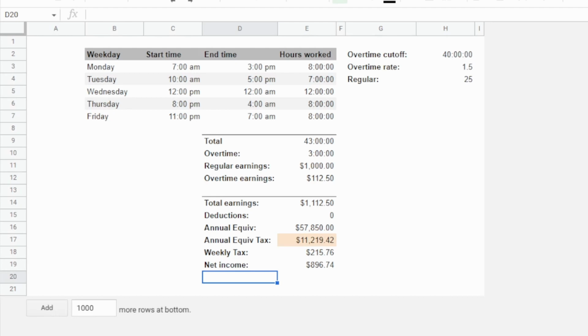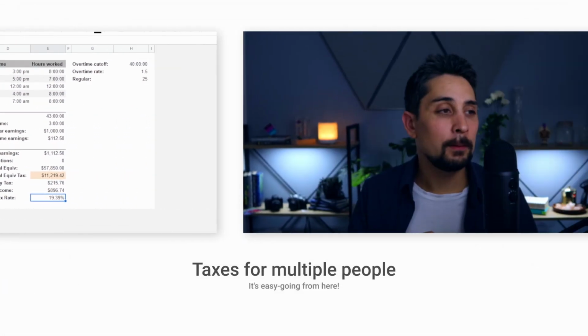$896.74. And if you really want to know what your effective tax rate is, it's just going to be equal to your weekly tax divided by your total earnings. In this case, 19.4%. And that's how we calculate tax for an individual person, but how do we do it